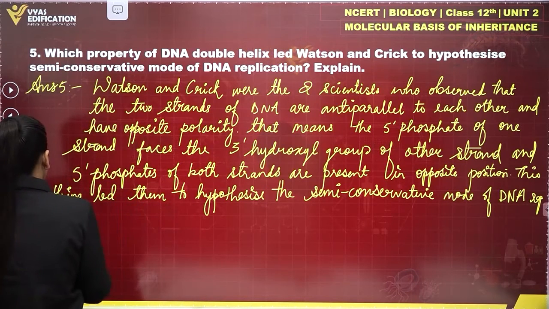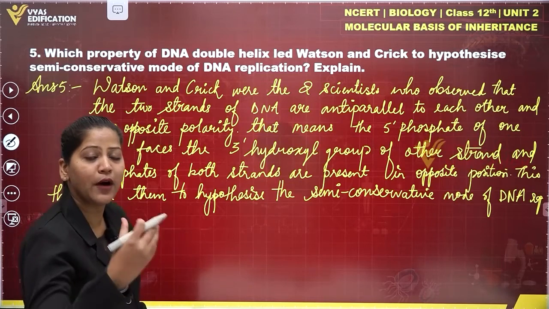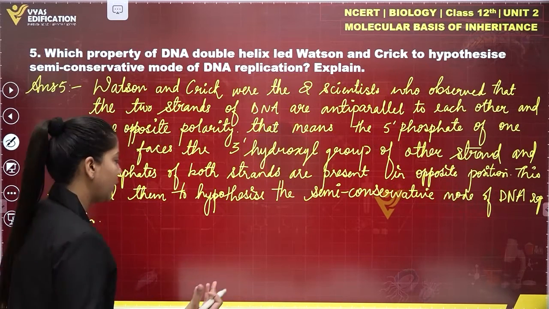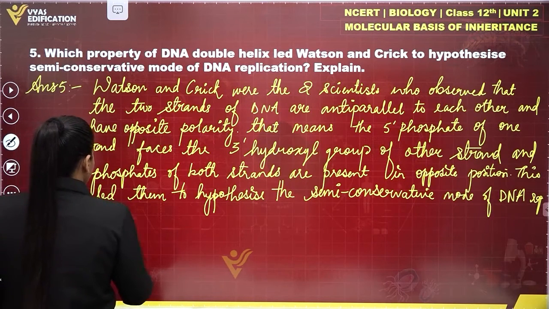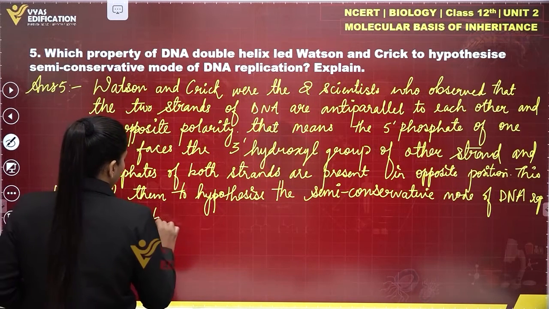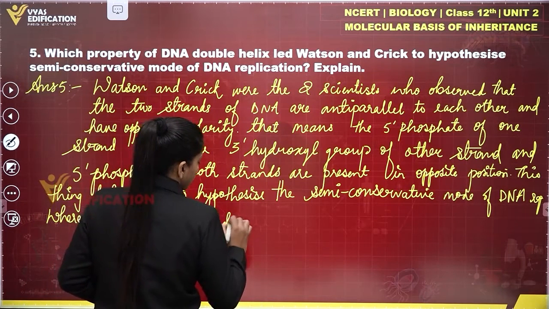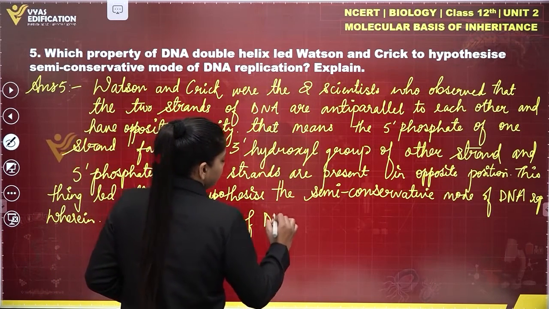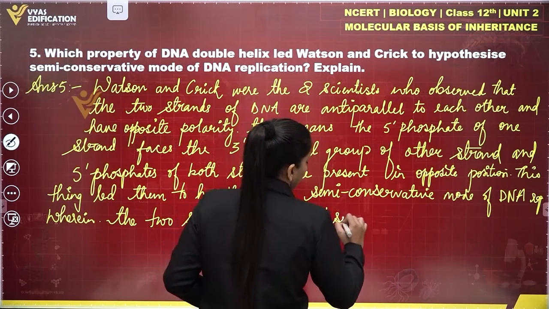Wherein what happens in DNA replication, and why we call the DNA semi-conservative in nature, is because in DNA replication the two strands of DNA first separate from each other,